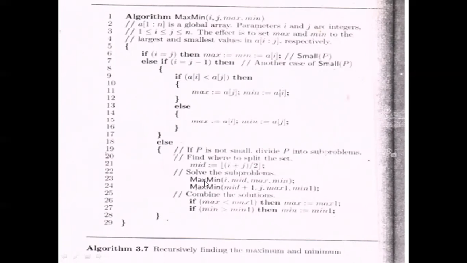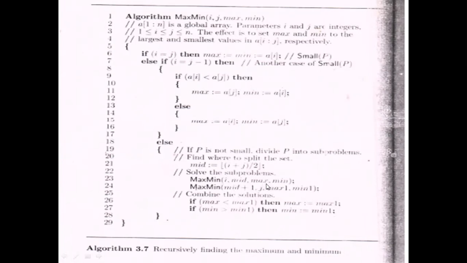First find the maximum value and minimum value in the first sub array, and find the maximum value and minimum value in the second sub array. Then the maximum in the first sub problem is compared with the maximum in the second sub problem to get the maximum value of the total problem. Similarly, the minimum of the first sub problem is compared with the minimum of the second sub problem to get the minimum value of the total problem. So here the algorithm is implemented by using the recursive method, which means the function calls itself.